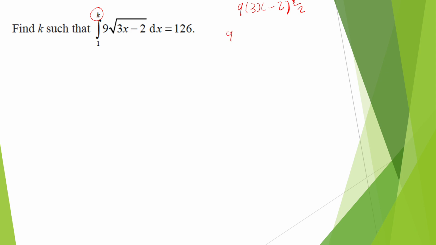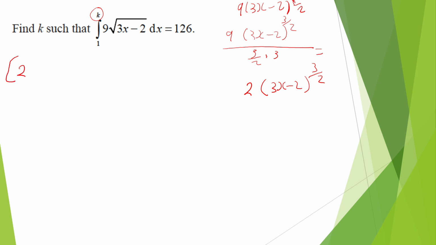So that's (3x minus 2) all to the power of 3 over 2, divide by 3 over 2, the new power, and then divide by also the differentiation of the inside. Simplifying this further, I'll end up with 2 open bracket 3x minus 2 all to the power of 3 over 2. And now I'll just substitute in here, so it will be 2 open bracket 3x minus 2 close bracket